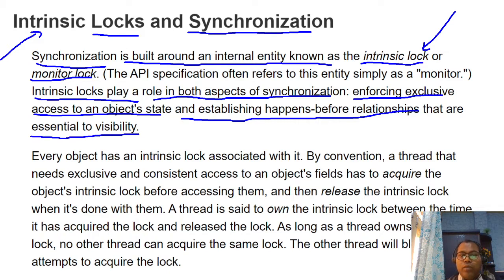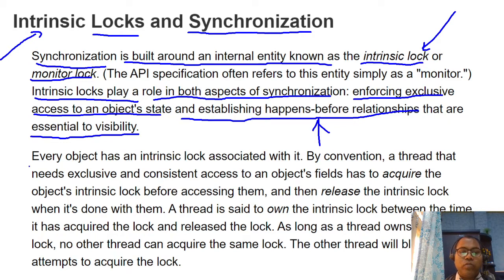So whenever you use synchronization, the Java runtime system internally applies the intrinsic lock, and the intrinsic lock ensures that your object state is accessed by only one thread and also establishes the happens-before relationship. Until this particular operation is completed, no other thread can get in, and all threads get the latest updated value. So the visibility problem can also be solved.